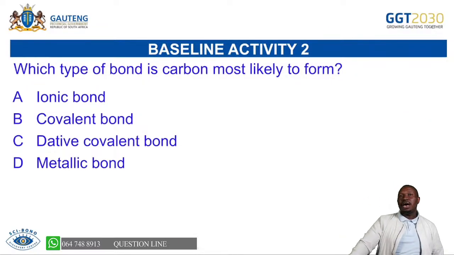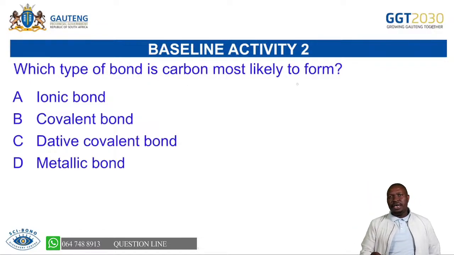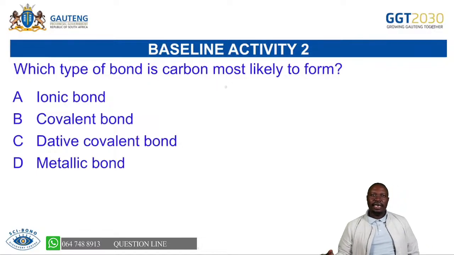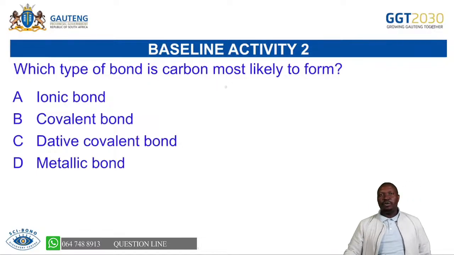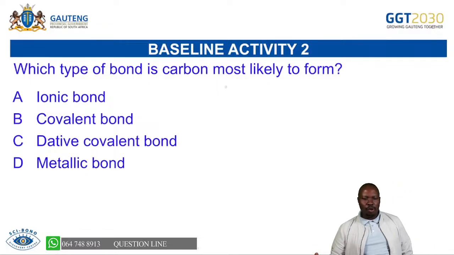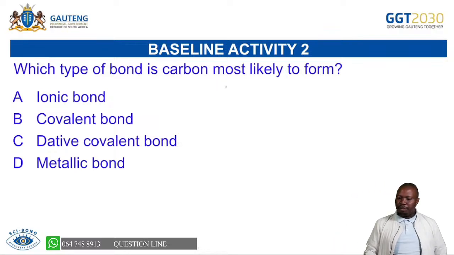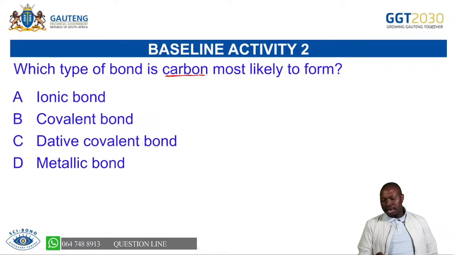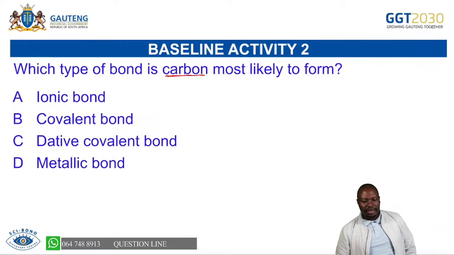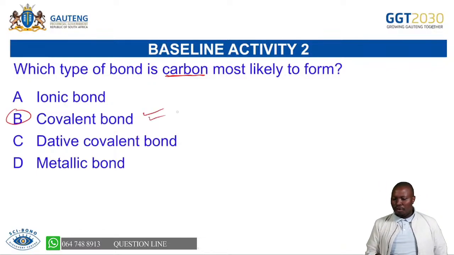Which type of bond is carbon most likely to form? Here you are checking carbon. Remember, in grade 10, you have done the reactions between metals and metals, which you said is metallic bonding. The bonding there, we said when metal reacts with metal is metallic bonding. Metals and non-metals, we said is ionic bonding. Non-metal and non-metal now gives us covalent bonding. So carbon, mostly you will see here, carbon will be bonding with the other non-metals. Hence, we are dealing with covalent bonding. So carbon is most likely to form a covalent bond.